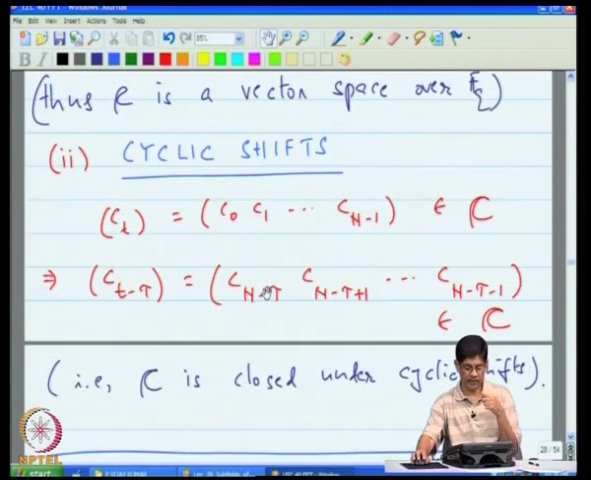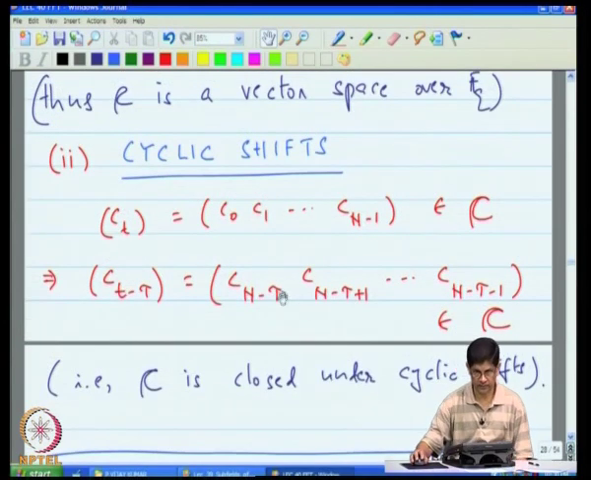The second condition that you need to meet is one of cyclic shifts. You need to verify that if C of t is a code word, then every cyclic shift